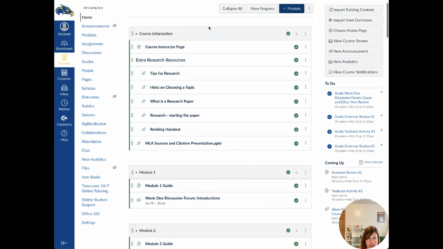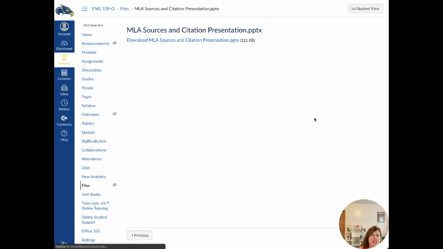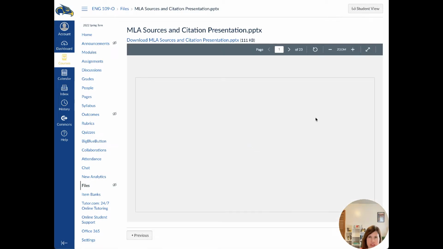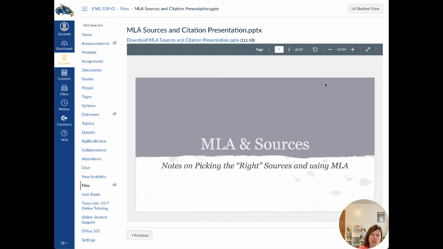Obviously, the only time that you really need to use MLA citation, and I'm going to click on it here, is whenever you are using the research of someone else. If it's not information you were born with, if you got it from a source or you read it somewhere, then you need to give credit where credit is due.